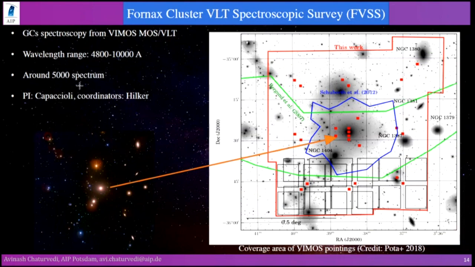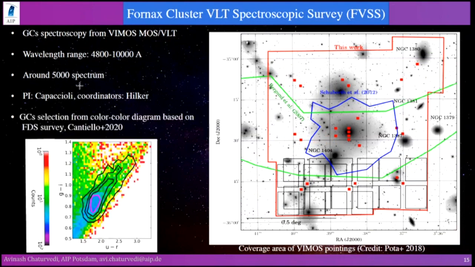And just to emphasize again, the globular cluster selection for this spectroscopic survey was based on the Fornax Deep Survey, which came from Cantiello et al., using color plots such as shown here. And now,